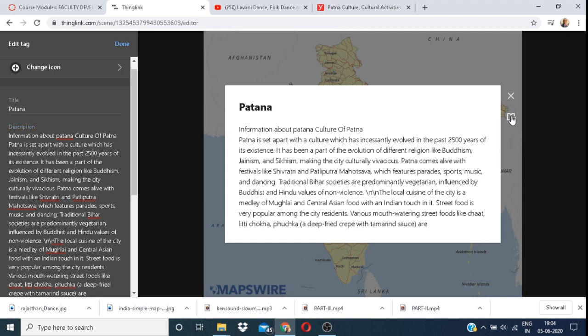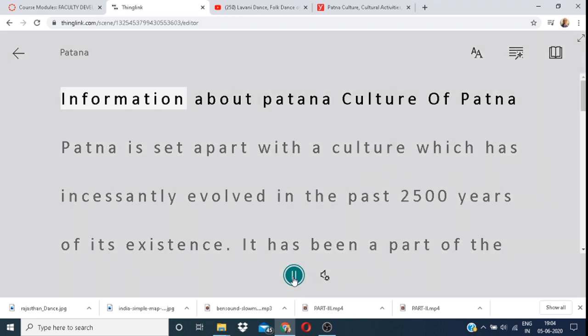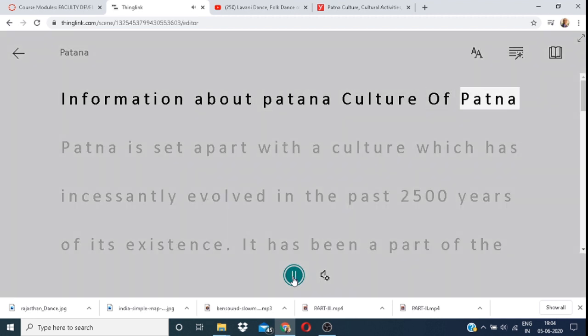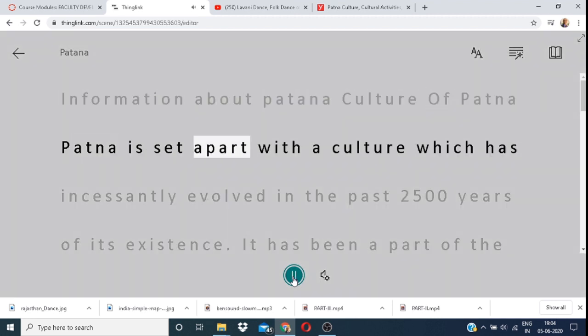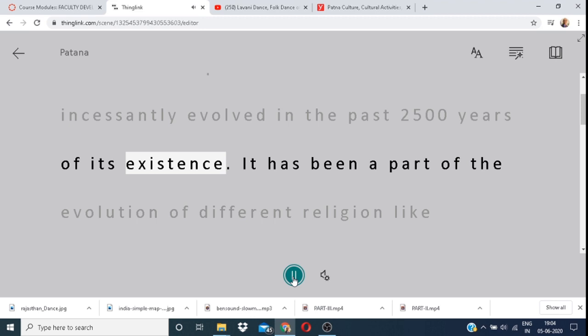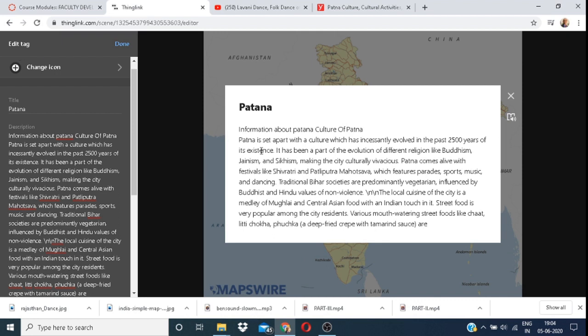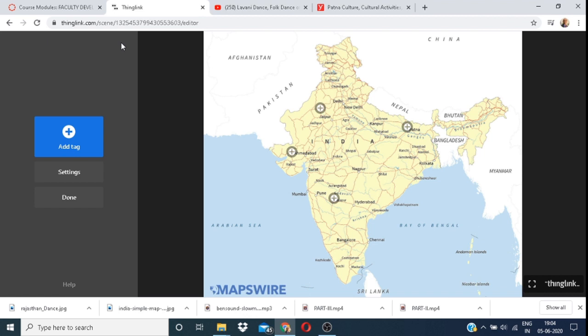Click on that. Now play. Information about Patna, culture of Patna. Patna is set apart with a culture which has incessantly evolved in the past 2,500 years of its existence. It has been a part of the evolution. Okay, it is the best option. Now done.